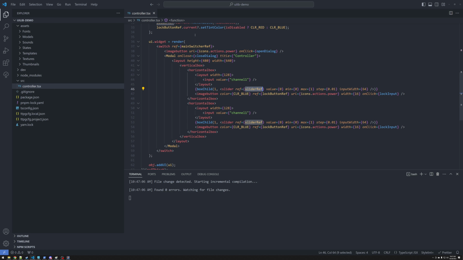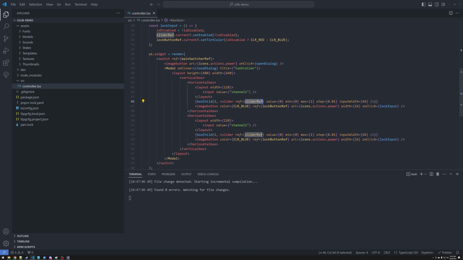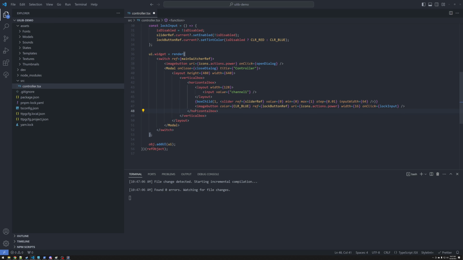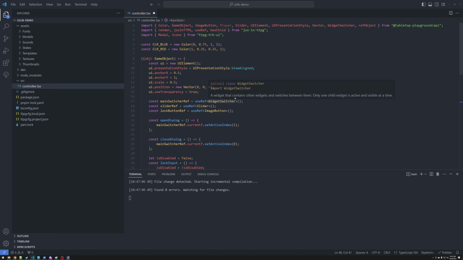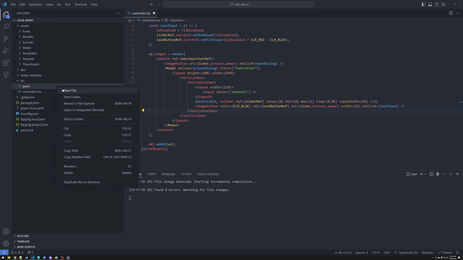When it goes to render, it'll set this ref current to this component, and then come down here and set this ref to this component, so you'll lose the connection to this one. It's never good. You could sit here and write all the refs for all the components, but why? So, I'm going to create a new folder and create a new script called